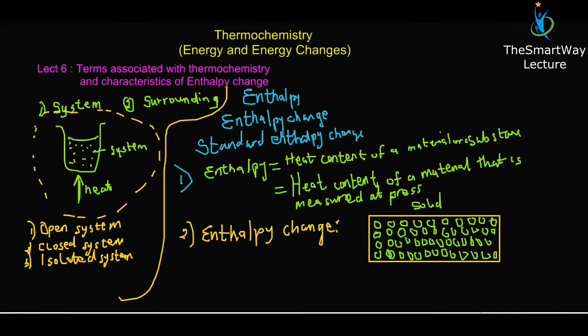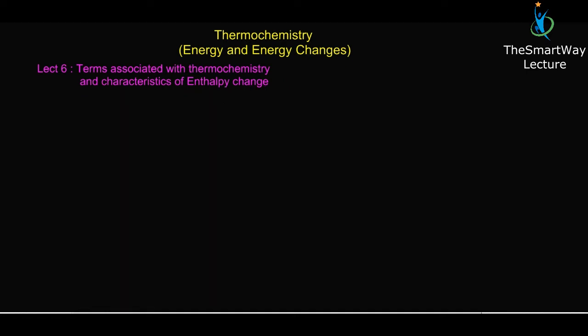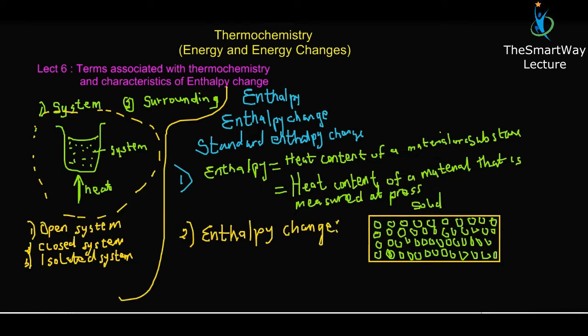So enthalpy change is the difference in the heat or energy that is measured between the initial state of the body and the final state of the body. That is what we mean by enthalpy change. But because in chemistry the initial is always reactant and the final is always product, we define them according to that. So let's now give the definition in respect to chemistry.